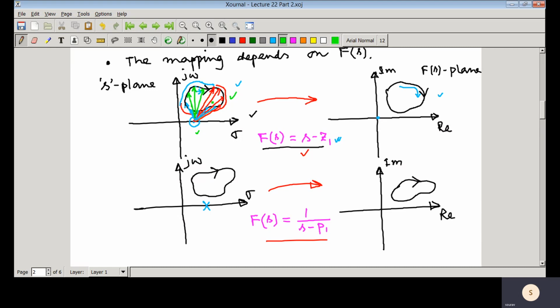The reason is whenever you are traversing like this, it is giving some angle like that, but when you come along this particular path, the angle is going to the negative side, and again coming to the positive side. So at the end of the day, you have started from this point, and when you come back to it, the total angle contributed by this 0 becomes 0. So that's why it never encircles the origin.